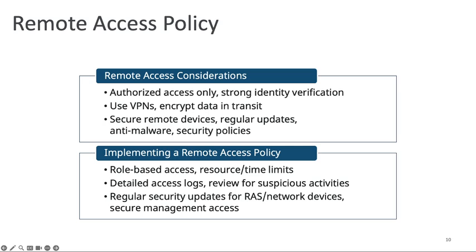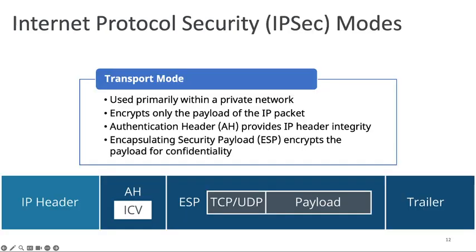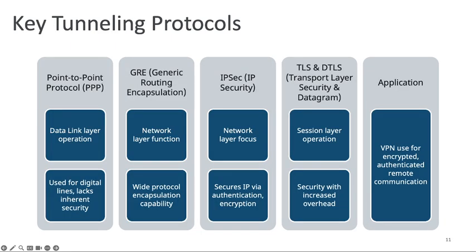And in order for us to have these remote access methods, we need to have remote access policies within our organization, where we only have authorized individuals connect to our systems. So these remote access methods include several different policies, right? Where we have user authentication. You might have verification methods, whether it's two-factor authentication. You might have secure VPNs to encrypt the data and the transmission. We also should have endpoint security for our devices, so that's anti-malware, regular updates, and so on. And you might also have role-based